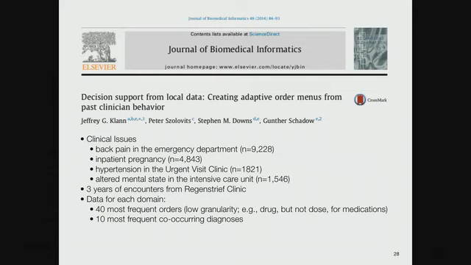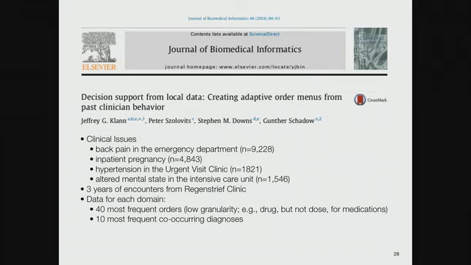So the urgent visit clinic is one of these lower level, non-emergency department, cheaper, lower level of care, but still urgent care kinds of clinics that many hospitals have established in order to try to keep people who are not that sick out of the emergency department in this lower intensity clinic, and hypertension and high blood pressure, and then